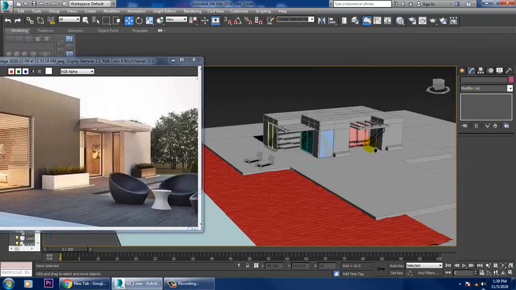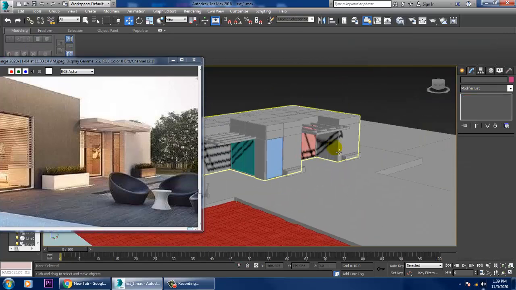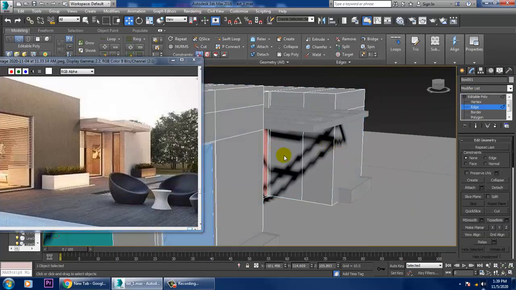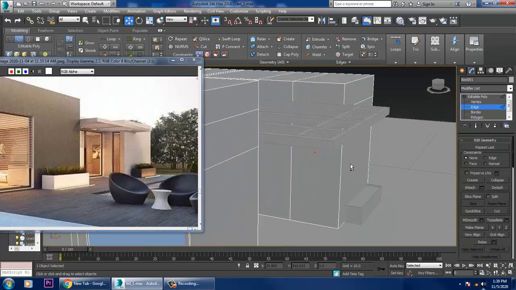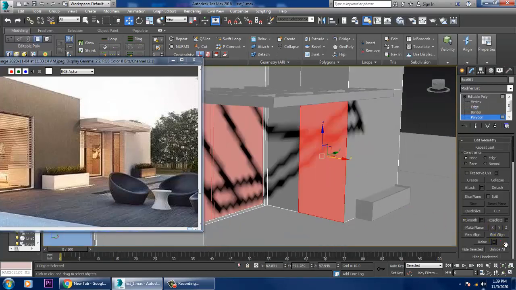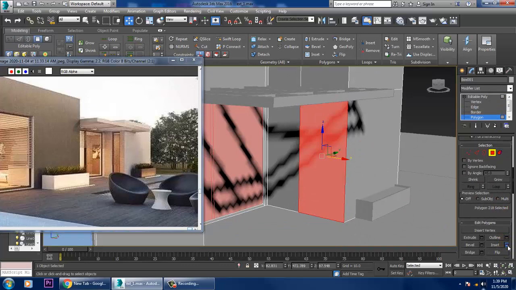Alright, so for these glasses we have to create this. So again I'll slightly push it inside more over here. So press 4 again, give a bit of inset, and let's slightly extrude it inside.